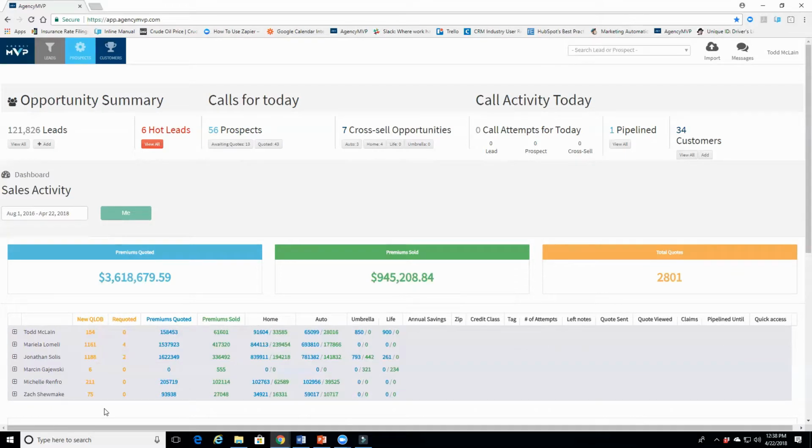The very first disclosure is that if your staff or yourself are not using the system properly, this is why we coach you and we send you report cards every week. If you're not using it properly, you're not going to collect the data to then do this next step. So please make sure you manage from your sales activity section and ensure that your staff are constantly using MVP properly. That being said, what you're going to do is search the longest date range since inception